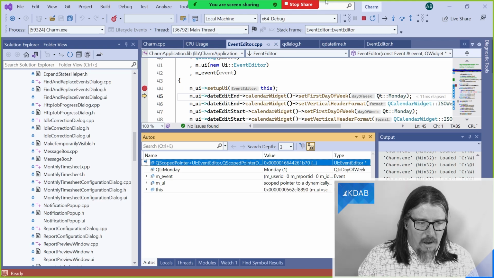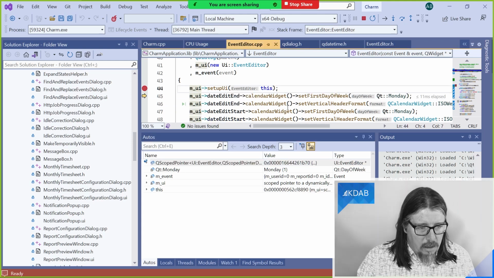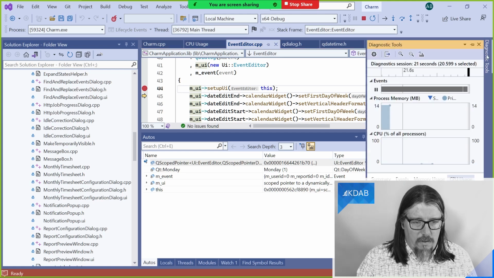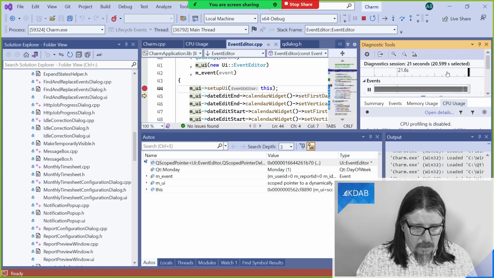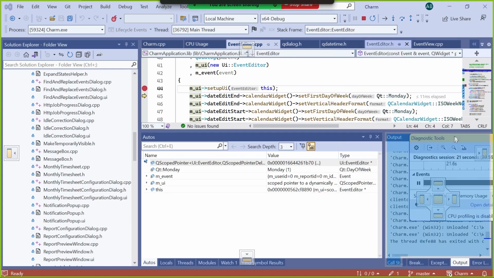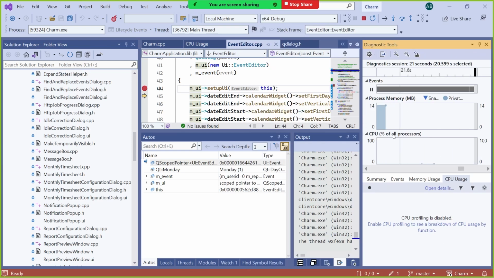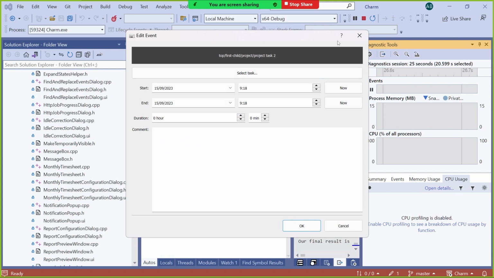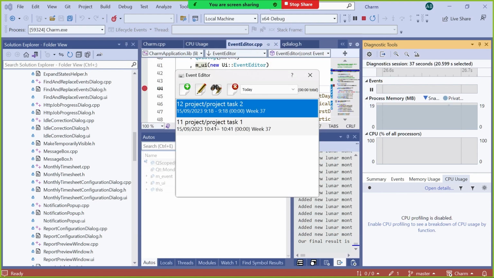Profiling is quite a good bonus feature of the Visual Studio debugger, because not only do you get that time elapsed, but it contains, via this diagnostics tool tab, various different profiling options. Let's make that bigger. The most convenient of which is a full sampling profiler, which you can switch on at any point during your debugging process. So I've set up a little example of that here.